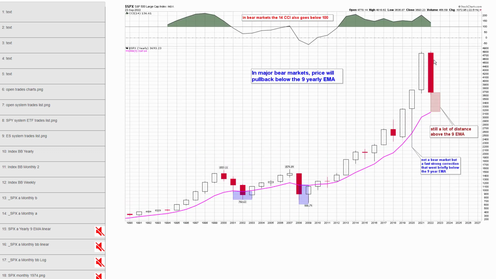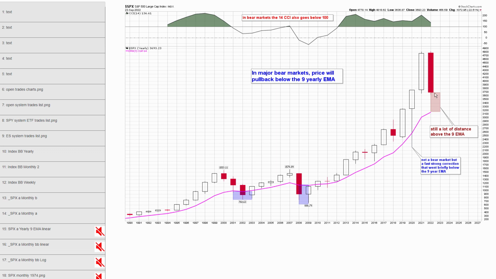And again, very simple to understand. Now, this is a linear chart. But what I have here is each candlestick is 1 year. And I have the 9 EMA here. So the 9-year EMA. And so, again, quite simple to understand. Reversion to the mean: price gets too extended and eventually reverts back to the mean, which is the 9-year EMA, like it did here, like it did here. And it did revert back to it, actually undercut it here in March 2020 before recovering.